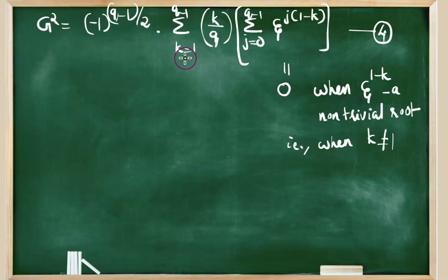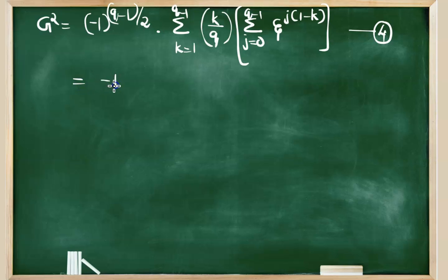But here we know that k varies from 1 to q minus 1. So, when k varies from 2, 3, etc. up to q minus 1, corresponding to all these values of k, this inner sum will be equal to 0. Hence, g square can be expressed as minus 1 raised to q minus 1 by 2 into the term corresponding to k equal to 1. And that would be Legendre symbol 1 by q